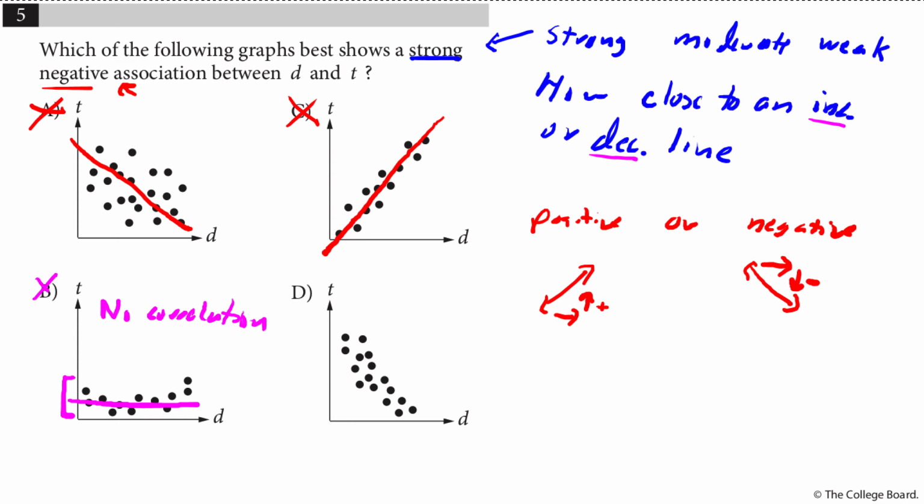Finally, by process of elimination, we get to D. In D, we definitely have a decreasing regression line, a negative trend. As D gets bigger, T gets smaller. And it looks relatively close to a line, so the only case where I have the negative trend and close to the line is